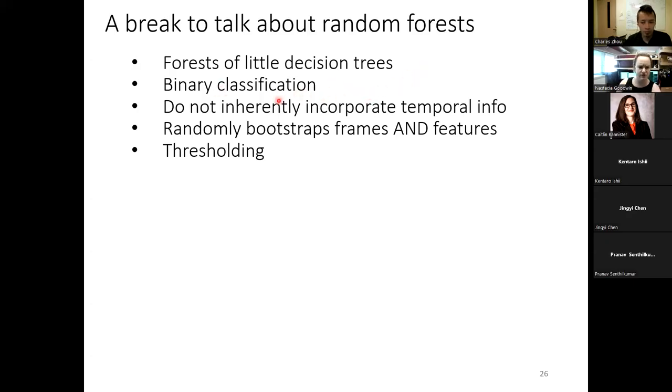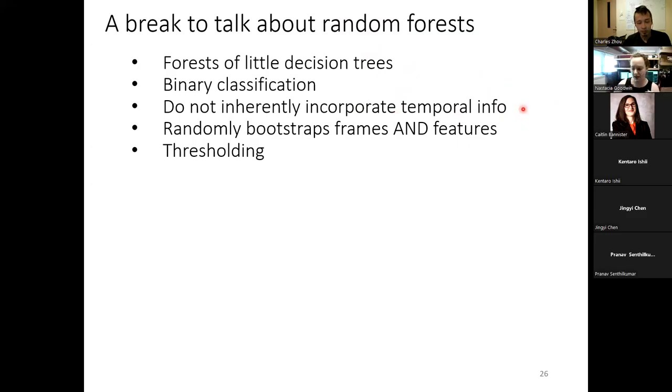Random forests also do not inherently incorporate temporal information. We're really used to thinking about behavior in bouts. If you're watching a frame by frame video and you have a 5-second attack, there may be breaks in there where animals aren't actually biting each other for a couple seconds at a time. If we're just hand scoring that, we would call the whole thing an attack. We can't do that in random forest because the way that this pulls data out is on a frame by